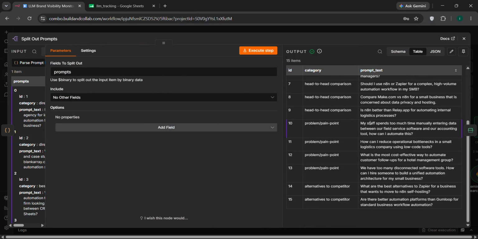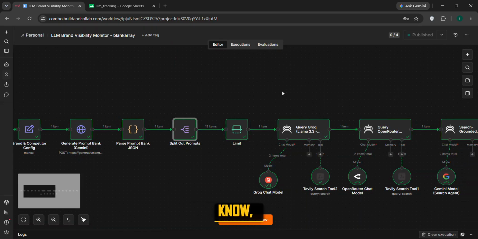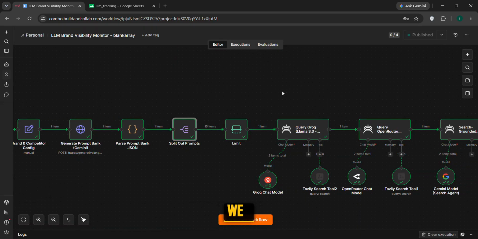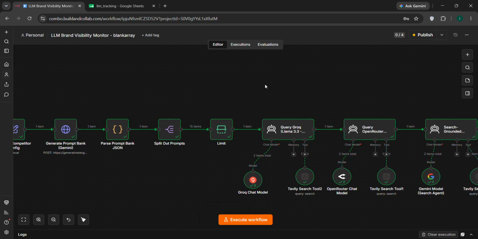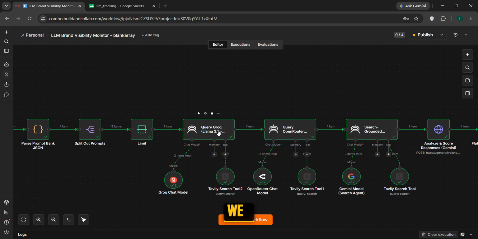We simply got 15 prompts, but not every single time do we have to monitor these 15 prompts. For that reason, we can use this particular limit node right here. Just for the demo purposes, I used one. Okay. And after that, we will